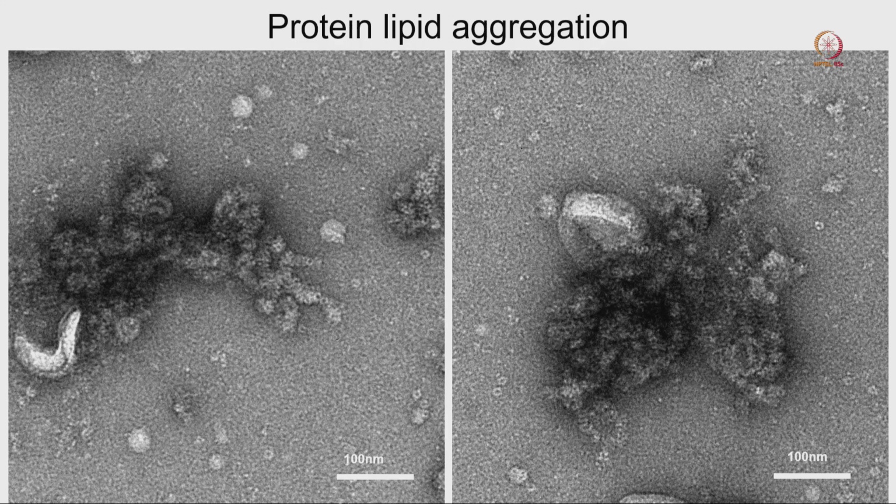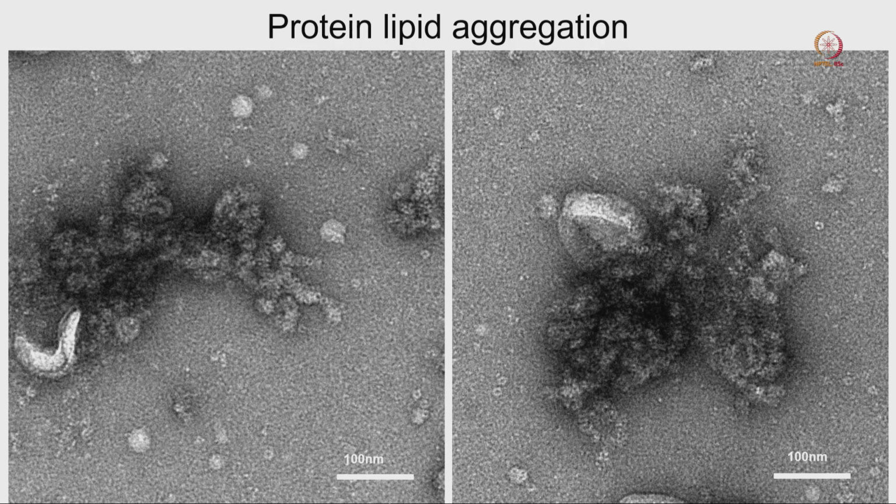Here I want to show you some lipid protein clustering, because lipid protein clustering or protein aggregation, both are very important. There are a couple more things we have to understand. This is a very common problem when you purify our protein, that our protein has different subdomains, or different proteins are coming together and interacting. When we are purifying our protein, we always want our protein to stay between 150 millimolar and 300 millimolar salt and almost zero glycerol.